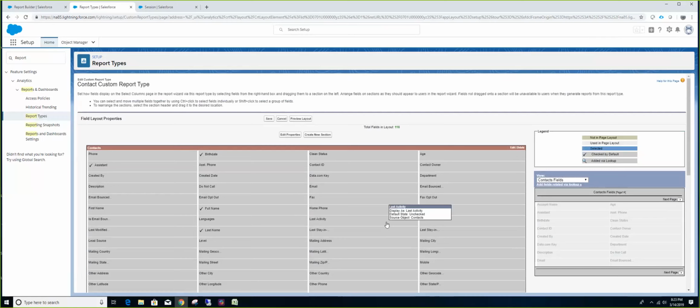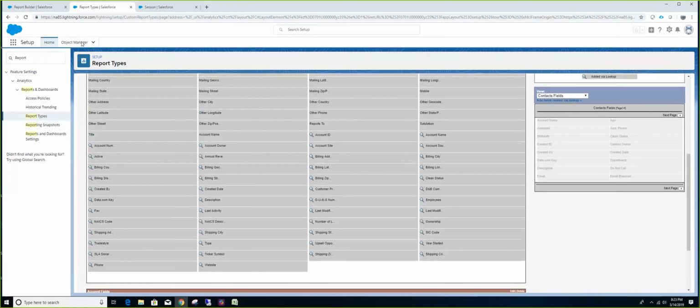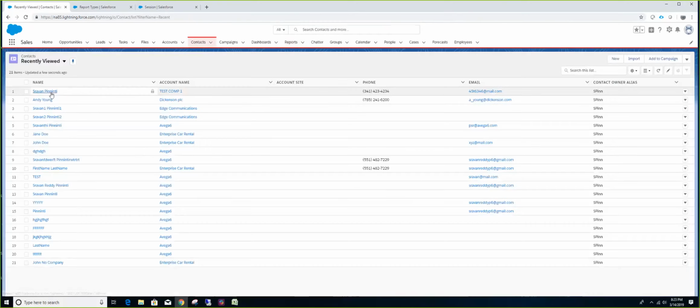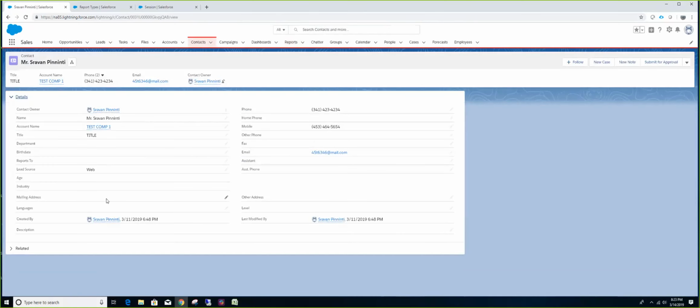Okay. So most of the times what happens is your business would come because people are not aware that there is a feature that you can add fields via lookup. Your team, mostly business analysts, would come and say, hey, can you add a formula field to show the name of the account here? Can you add a formula field to show the account type? Like, on the contact, they want to display the account fields.